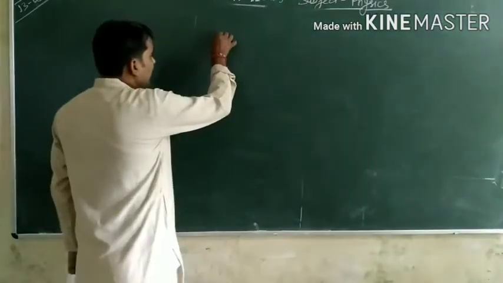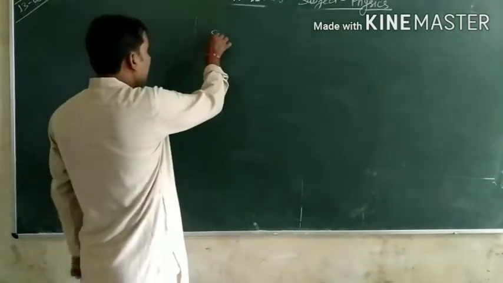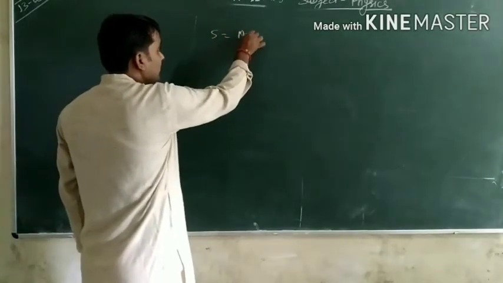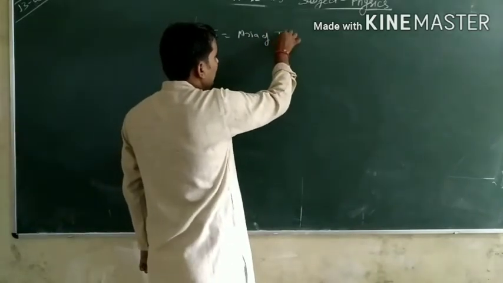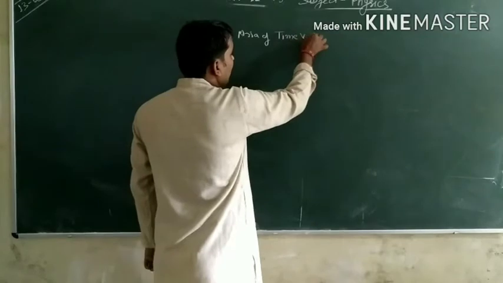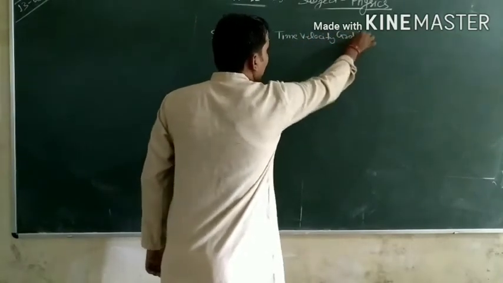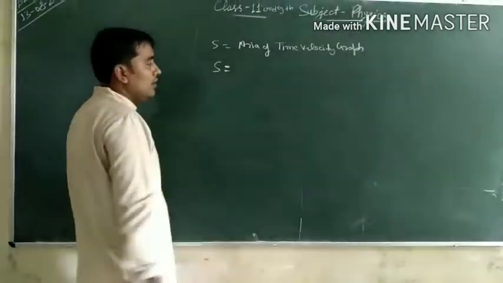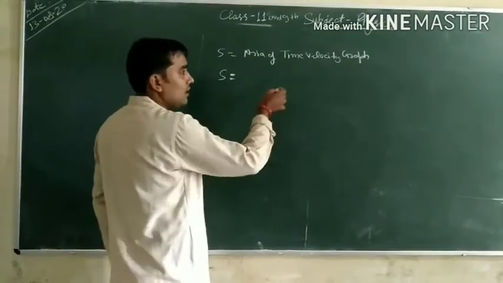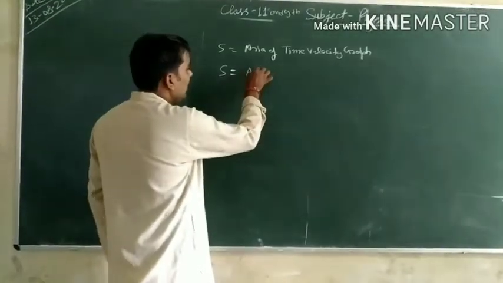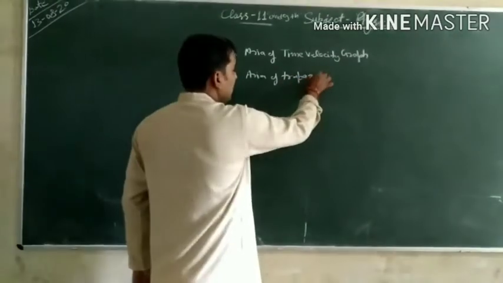The distance covered by the moving object, S, is equal to the area of the velocity-time graph. The velocity-time graph of the moving object is a trapezium, and the area of trapezium